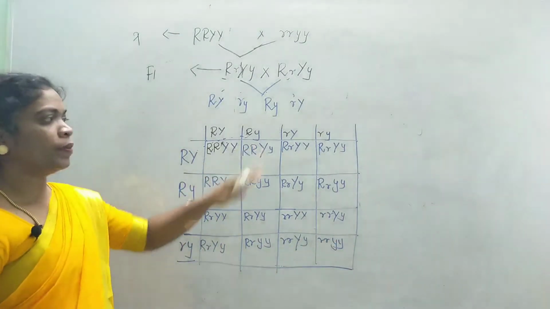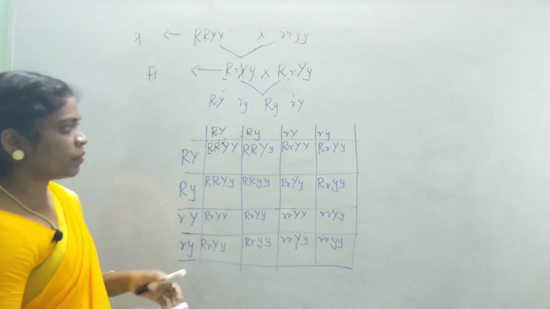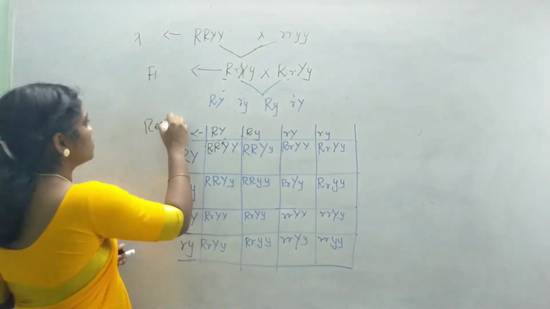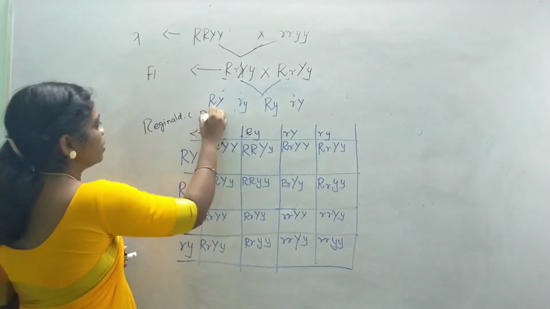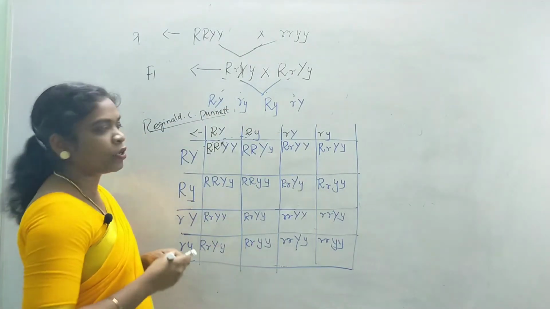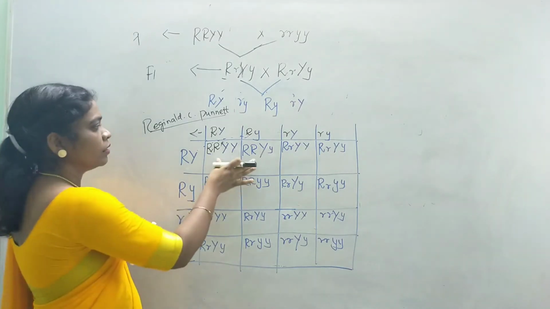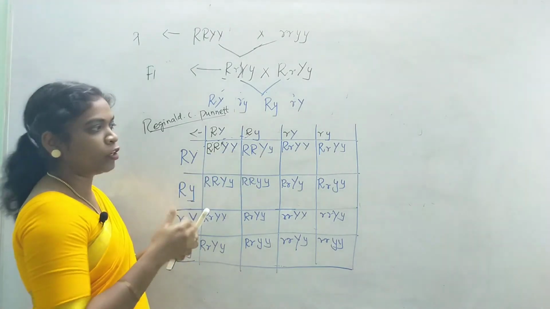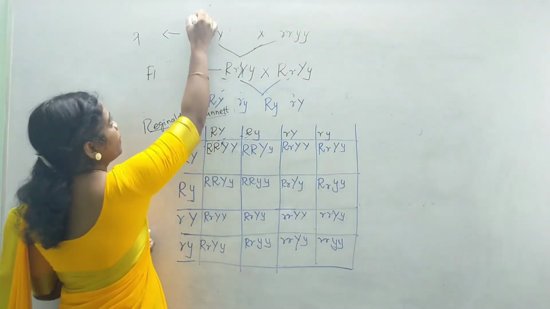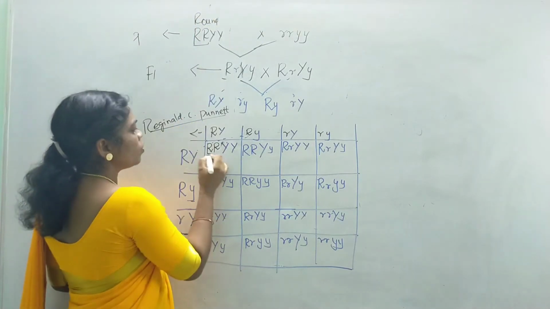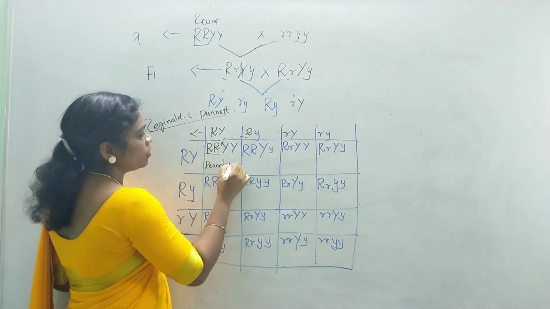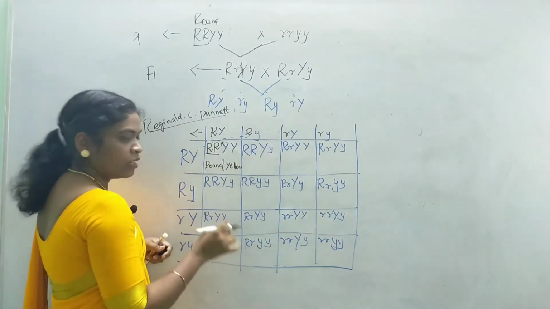So we have got all the probable offspring by drawing a Punnett square, and we know this Punnett square was given by Reginald C. Punnett. He gave this method of finding out the probable offspring. Now we'll go with the phenotypic appearance of these probable offspring. R, as we already know, represents round shape, so R is round. Y represents yellow, the dominant character. I am just writing it in short form.